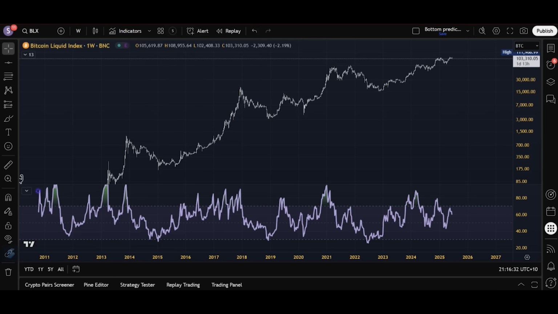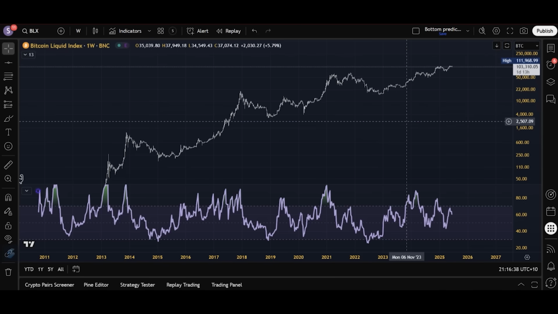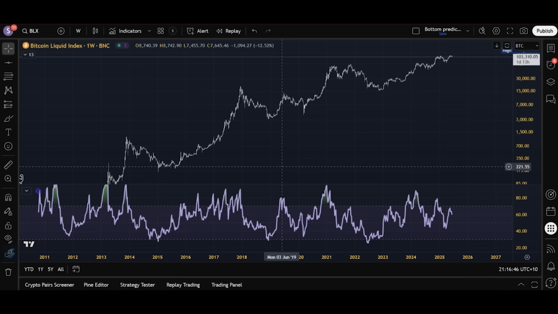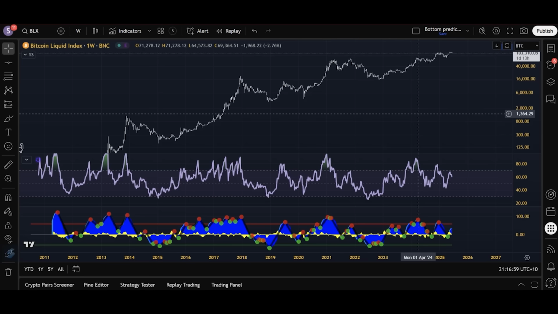What we do is we look at the bearish scenarios as well. We assess them, we weigh them against the bullish scenarios, and we see which one is stronger to make sure we're not making a crucial mistake. And that's what we'll be doing in this video. We'll be looking at the weekly chart RSI and the weekly chart market cipher B indicator. There's two things we need to look at using these indicators.